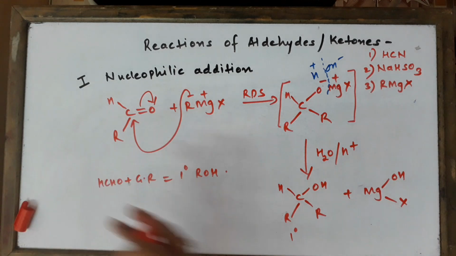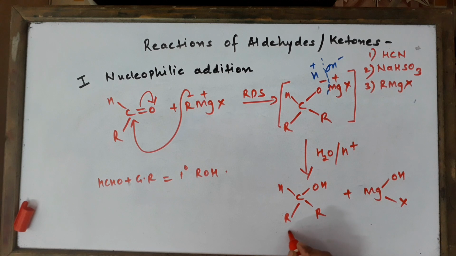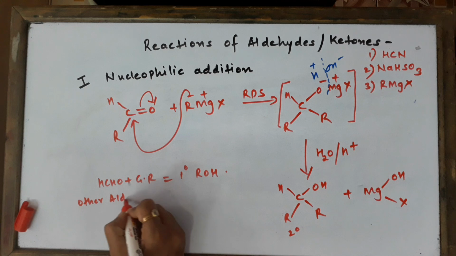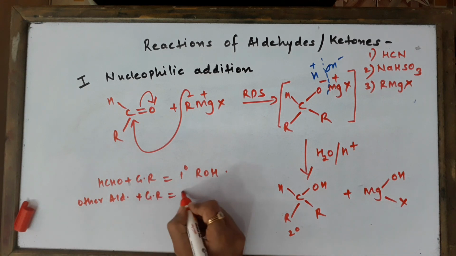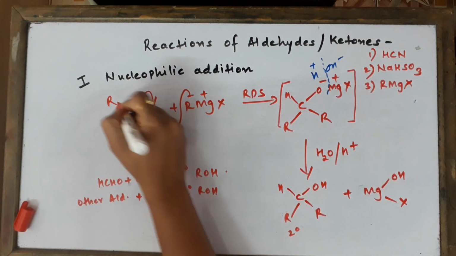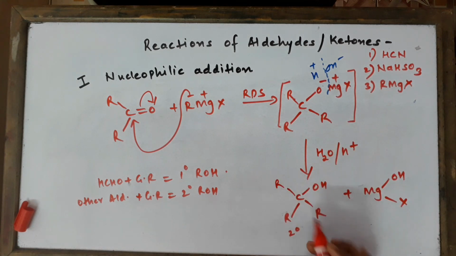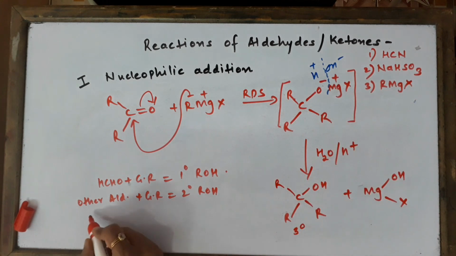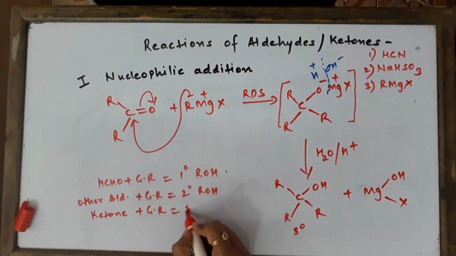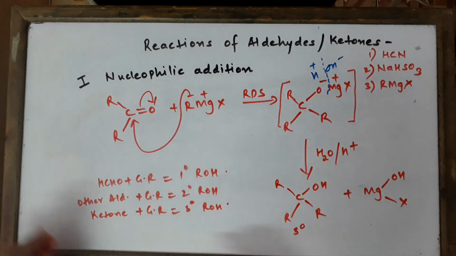If you start with any other aldehyde, naturally, see, look at this, what have I done? So when I start with any other aldehyde, I get a different alcohol where the carbon is attached to two different carbon atoms. This kind of alcohol is going to be secondary alcohol. So the second point of generalization can be written as other aldehydes, when they react with Grignard reagent, they give you secondary alcohols. And naturally, again, it's common sense, if you start with a ketone, you're going to get a tertiary alcohol. So it's very simple. So let's write down: any ketone plus Grignard reagent gives you tertiary alcohol. So it's so simple. I'm sure you've understood this.